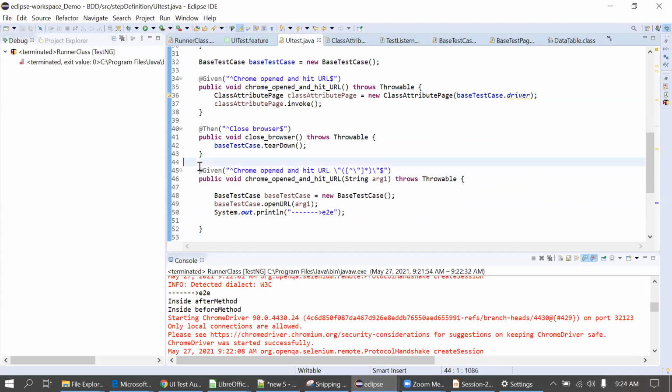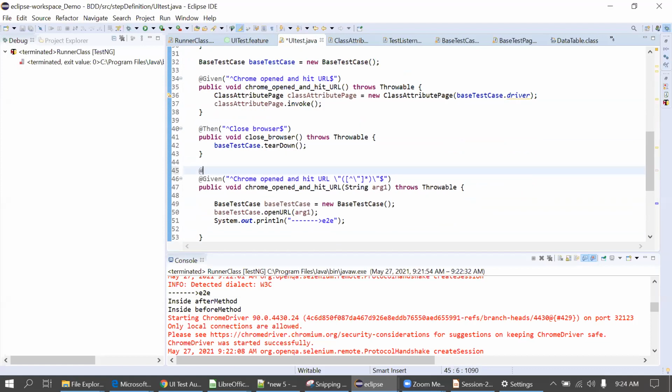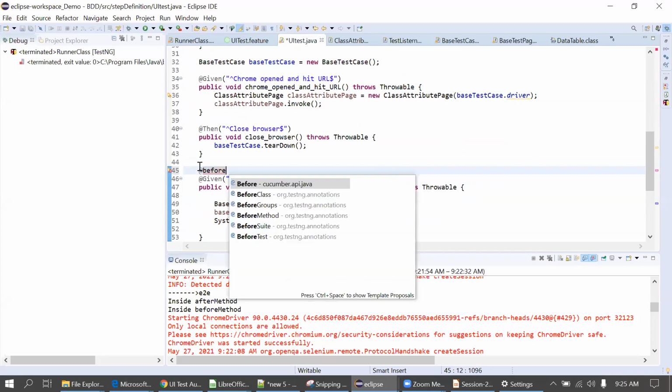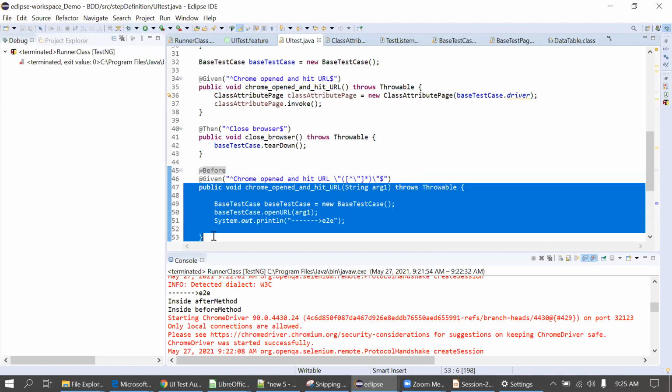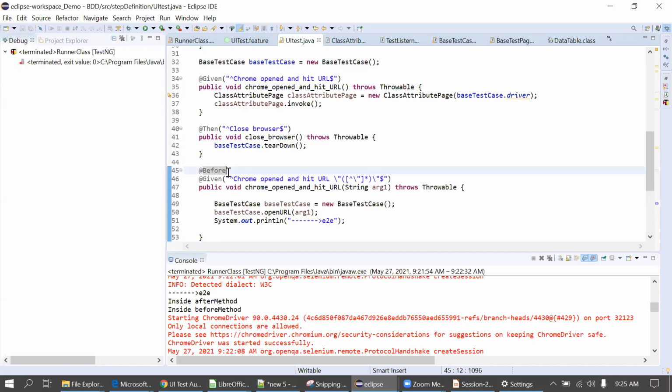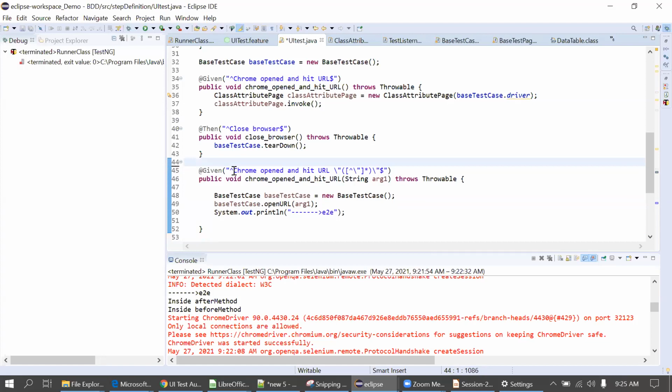Okay, if you want to put the hook here, so this will get executed before every scenario. This is simple actually. Yes, that I wanted to see. The name is different, but the work is the same. Okay, you can do this as well. That's fine. Okay, thank you.